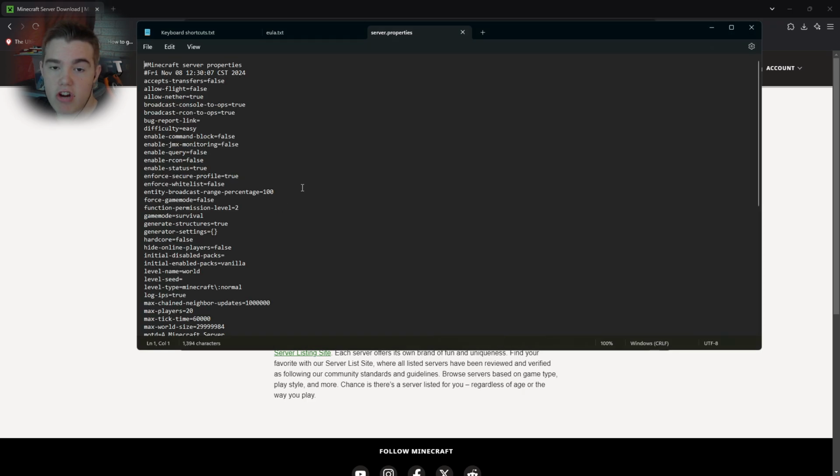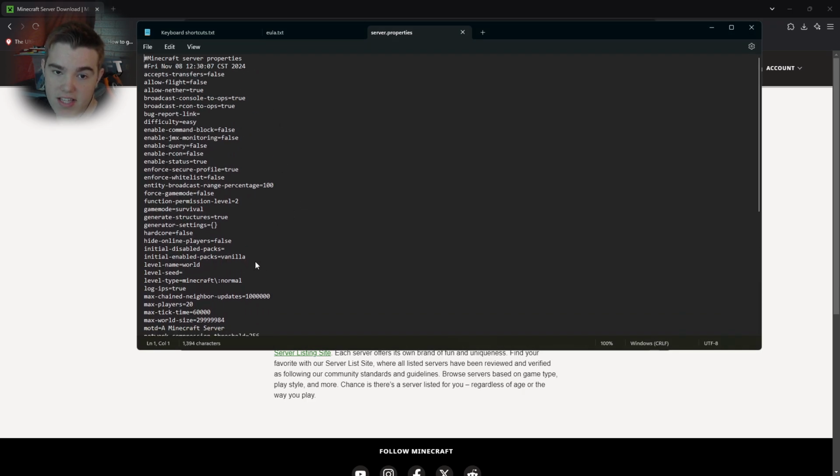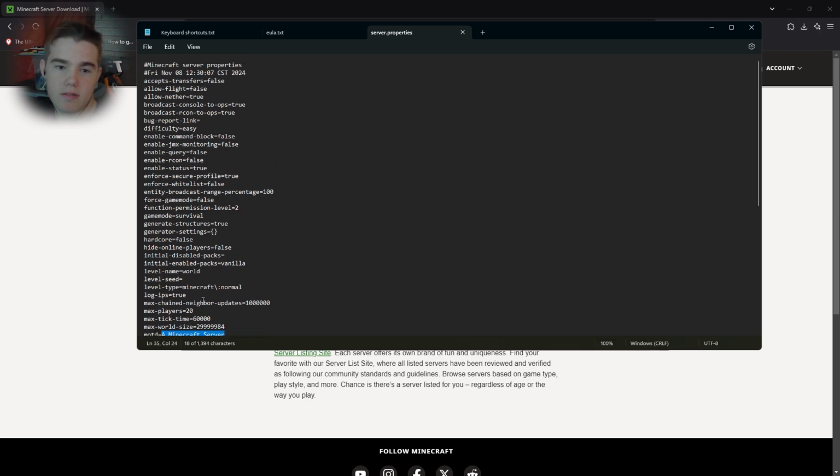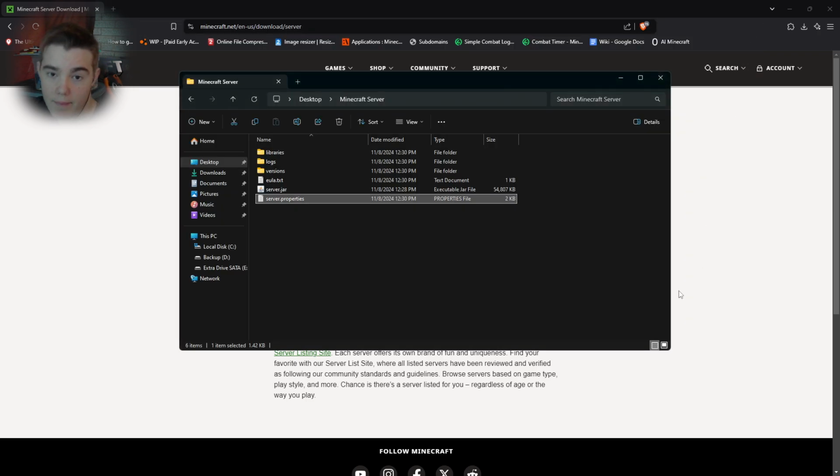You could also go in here in server.properties and change a lot of these things to be whatever you want. You could change what it says, like right here, MOTD, that's like what it says. You'll select the name of the server, and then below it, it'll say a Minecraft server or Bald Chicken's Rule or whatever you want. Underneath that, when it shows up in the server list, right here,